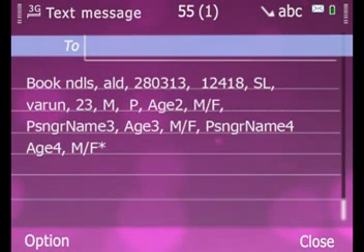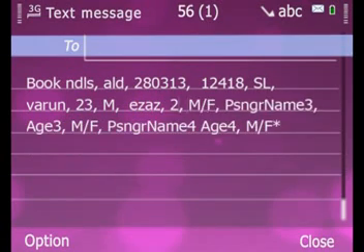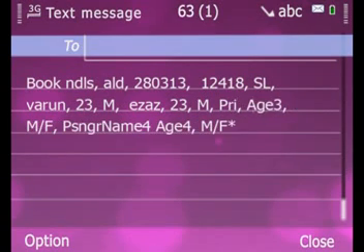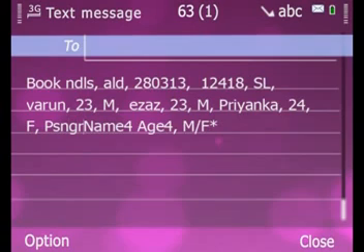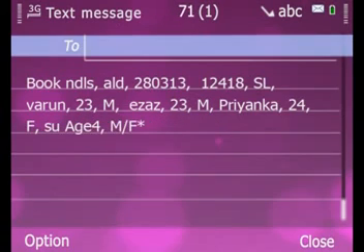Similarly, details of the other passengers have to be typed in. Right now, we can book a ticket for a maximum of 4 passengers.